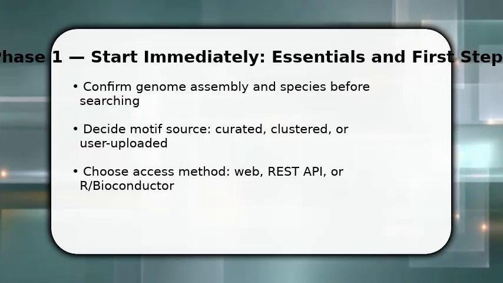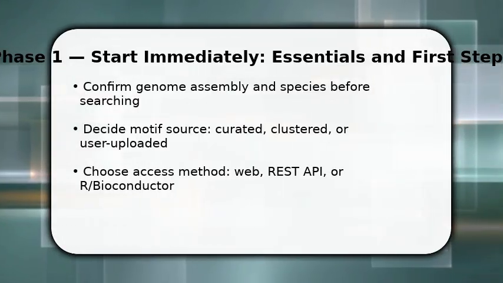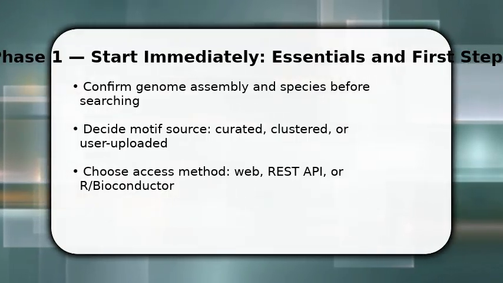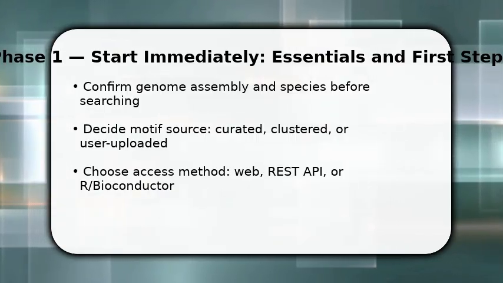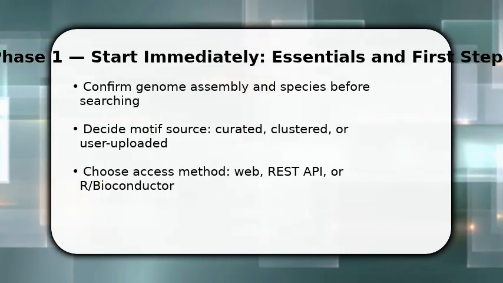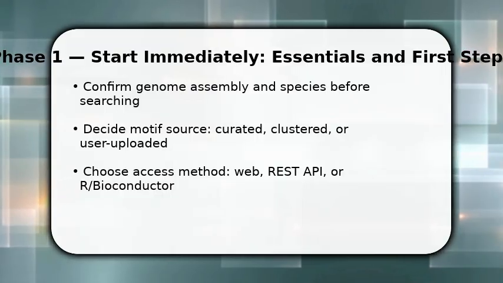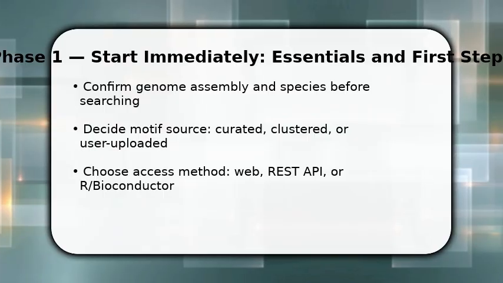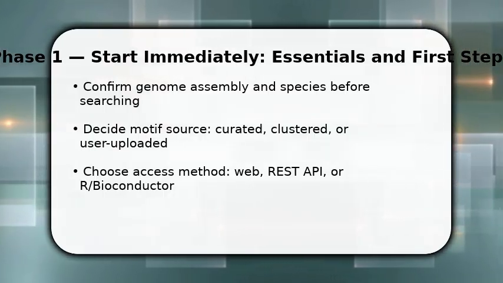You begin by setting the minimal prerequisites, genome build and species, because motifs map differently across assemblies. Next, open Jaspar via the web or initialize the REST API. This is how you'll fetch profiles. Start a focus search for a transcription factor name or motif ID and pick the curated collection for highest quality matrices. Once done, note the format you need: meme, transfac, or Jaspar flat, because downstream tools require specific matrix formats